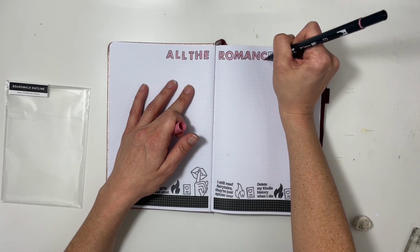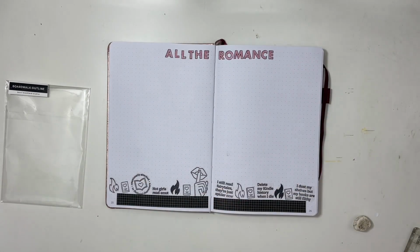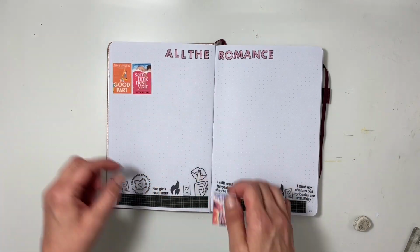And you will notice that I did use a marker here because it was a very light pink, and I tried to go really light with my brush strokes. I guess that's what it is, filling it in. So that's why I used a marker there. Okay,